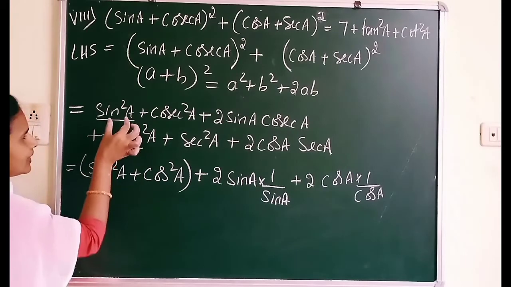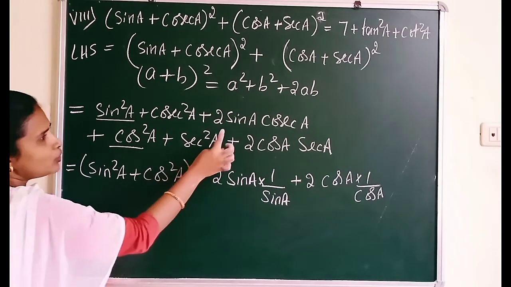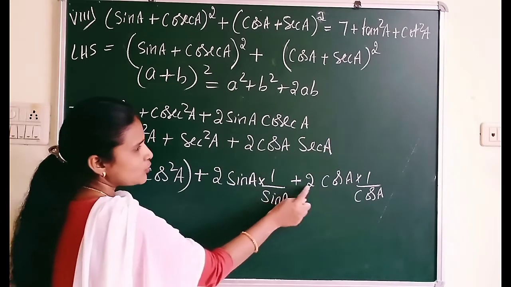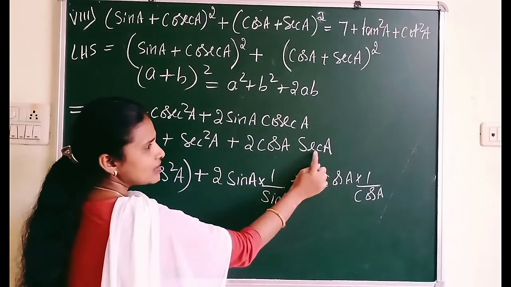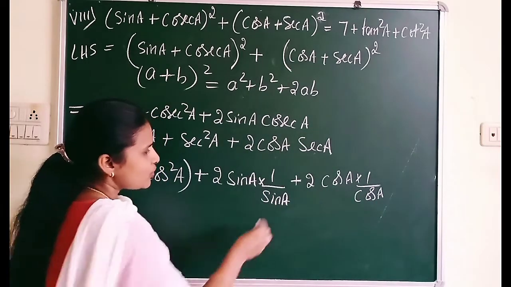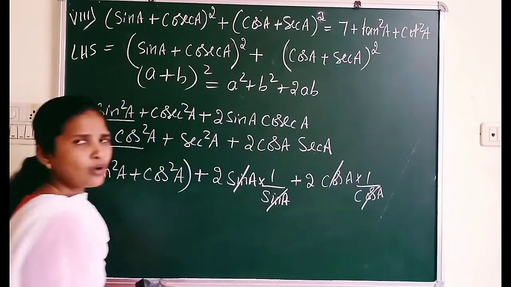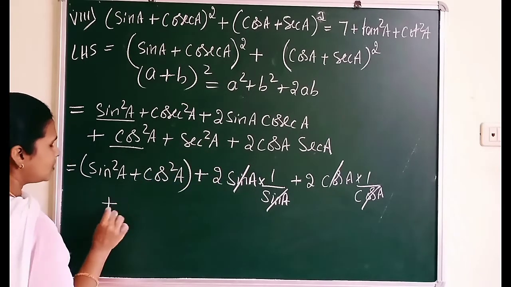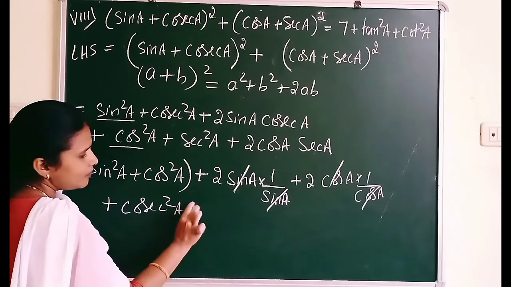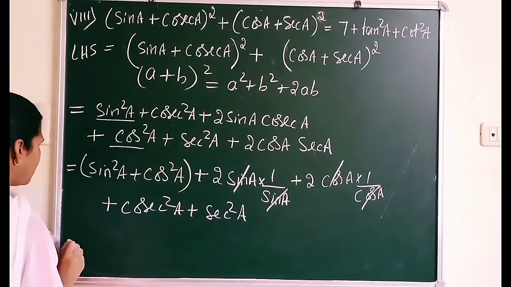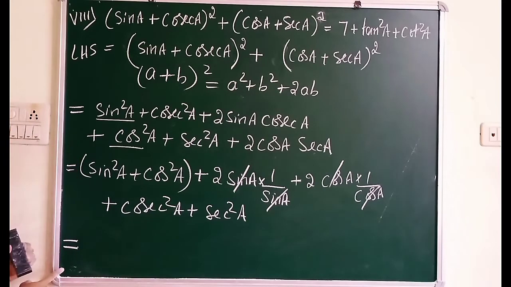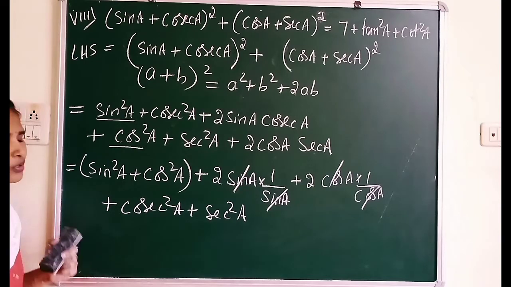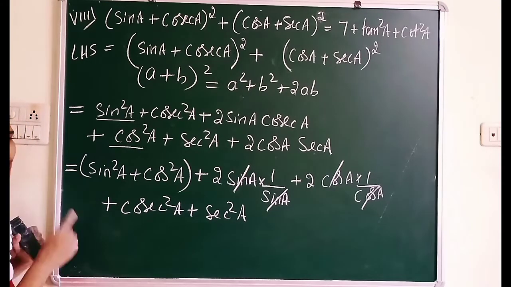Just observe, it is very lengthy, try to understand. Just group the terms. Sine square plus cos square I grouped in one bracket, and 2 sine a cosec a can be written as 2 sine a into 1 by sine, plus 2 cos a into sec a, cos as it is, sec written as 1 by cos. Why? Because you can cancel sine and here you can cancel cos and cos. Still what is remaining? Remaining is cosec square a plus sec square a. Now don't forget to write equal after every step. If you won't write equal, all these expressions will be like the same single expression. So be careful, whenever you start a new step you have to write equal.